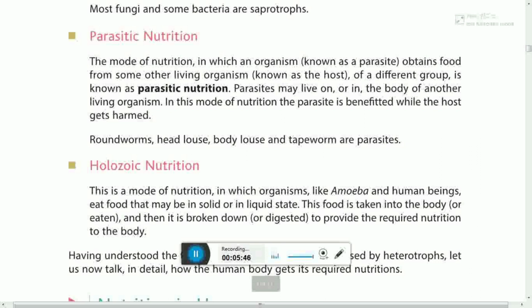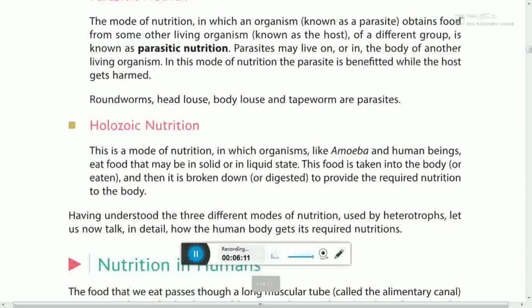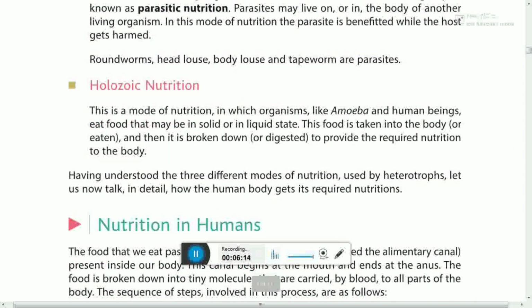Next, holozoic nutrition. This is a mode of nutrition in which organisms like amoeba and human beings eat food that may be in solid or liquid state. This food is taken into the body or eaten, and then it is broken down or digested to provide the required nutrition to the body. Having understood the three different modes of nutrition used by heterotrophs,